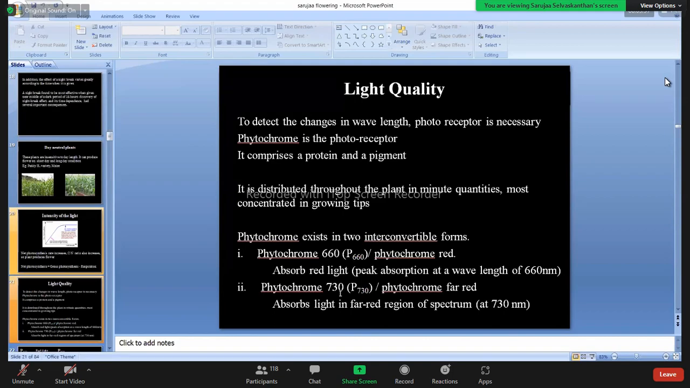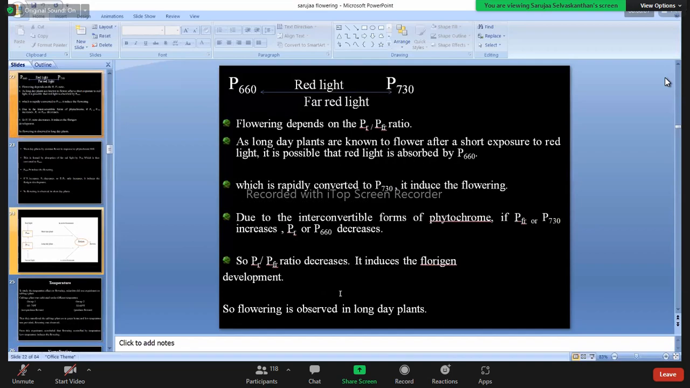P730 absorbs far red within the spectrum of 730 nanometer. Both are interconvertible, right? When red light is there, the P660 absorbs this red light and is converted to P730. If far red light is there, then it is vice versa. P730 absorbs far red light,